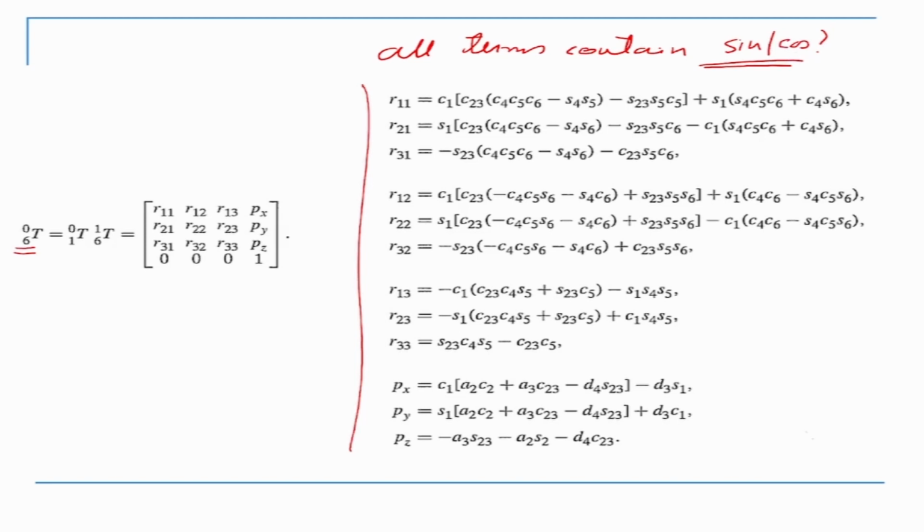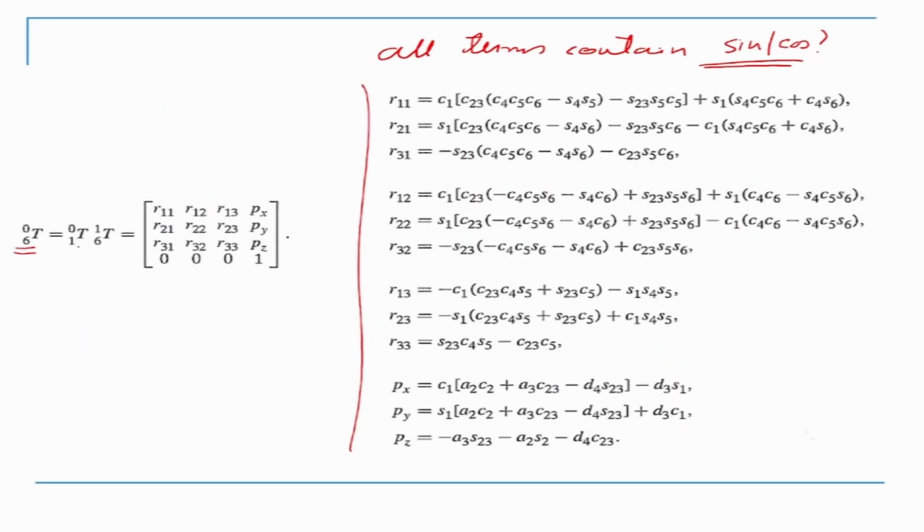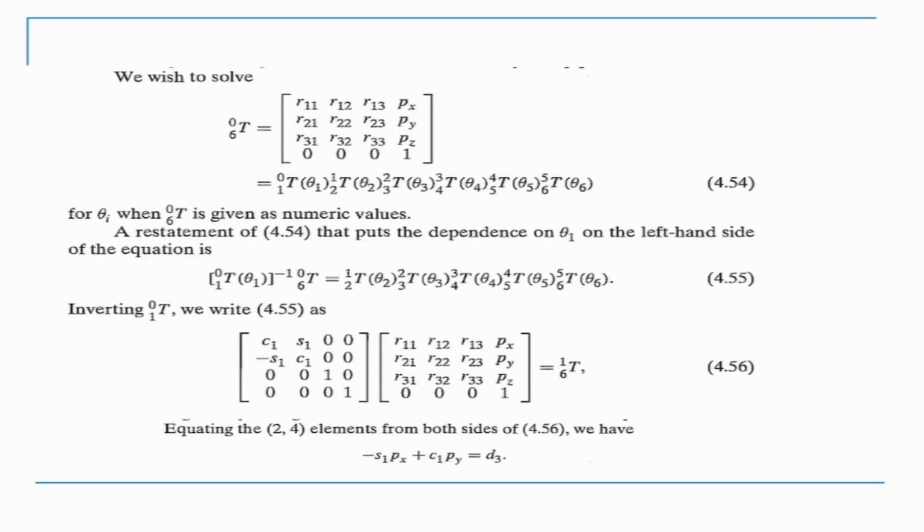Now if you multiply it this way and then try and solve and equate this to the desired position and orientation, you will not be able to solve. Nobody has been able to solve it. Whereas if you do it the other way around and observe that this term doesn't contain a sine and cos, in this equation here, if I want to remove this particular term, I take it to the left hand side and multiply with the inverse.